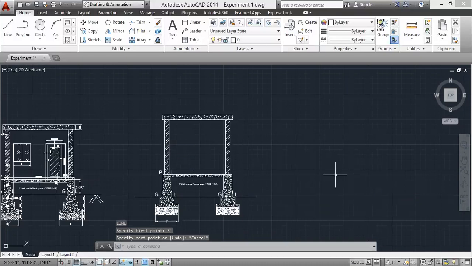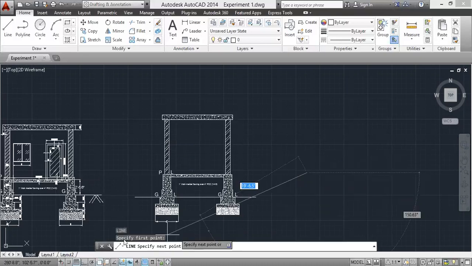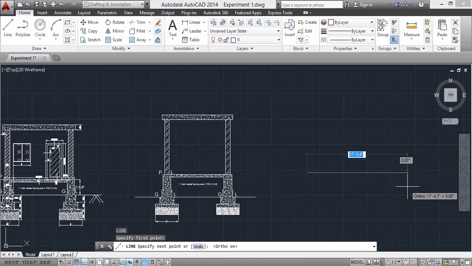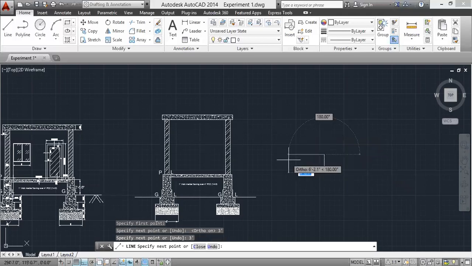Sorry, wait a minute. L enter. Mention the specific first point. Make sure ortho should be on. 3 feet, enter. Above 3 feet, enter. 3 feet, enter. And close it.